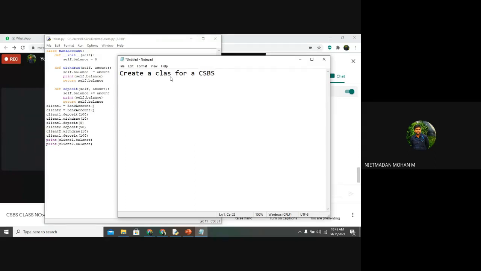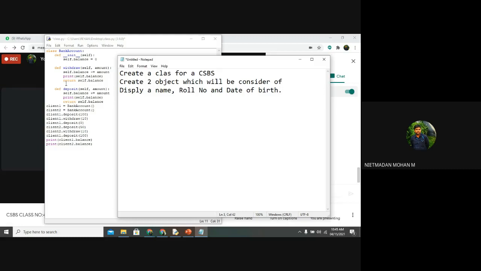Any class you can create, and create objects which will display a name, roll number, and date of birth. Create 2 objects, that's enough. They will display the name, roll number, and date of birth. For this, you need to write lines of code.